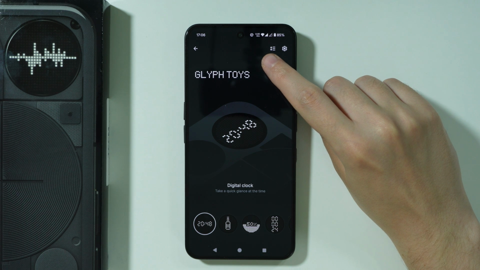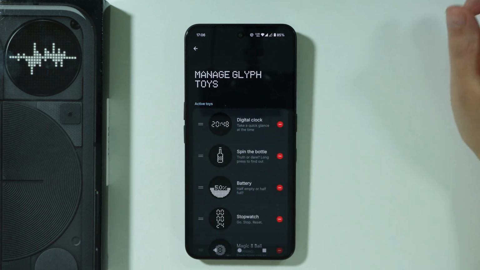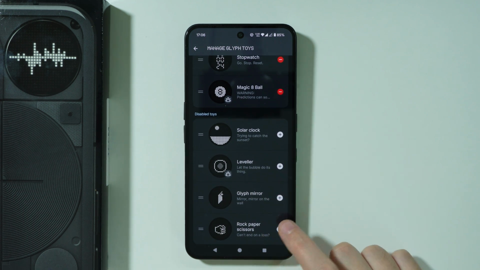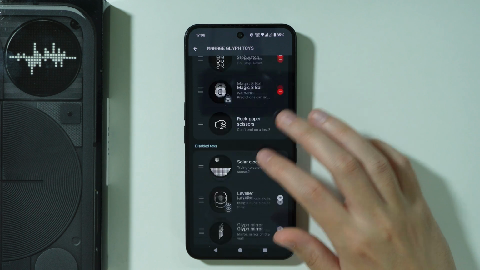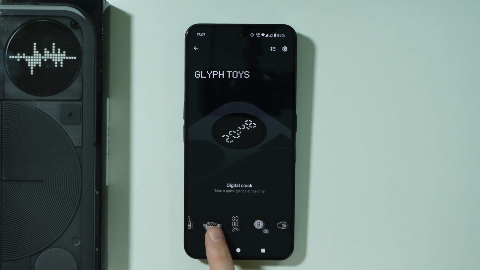Then we need to tap on this icon that we have in the top right corner with these 3 lines and arrows. And then we need to add the rock, paper, scissors game. So we need to press on this plus button in order to add it to the list of active toys. Once we have rock, paper, scissors over here, we can go back and you can, for example, find it over